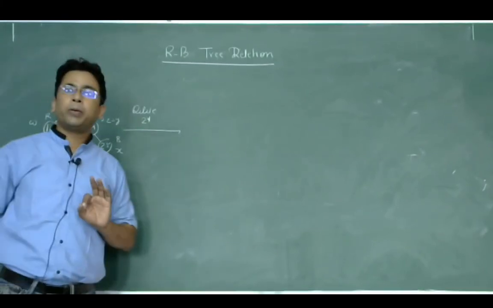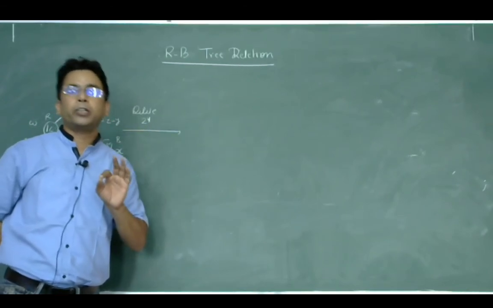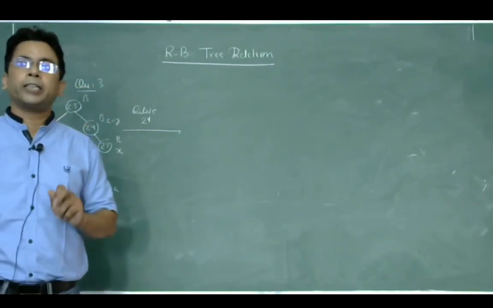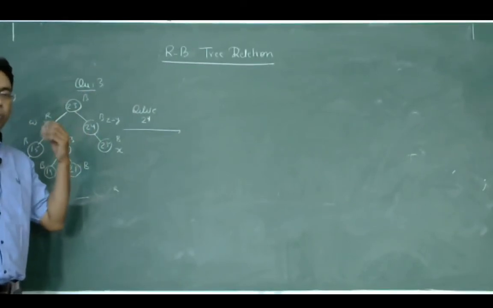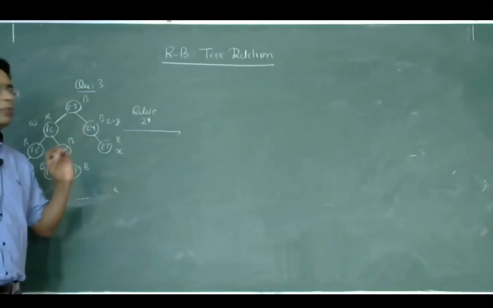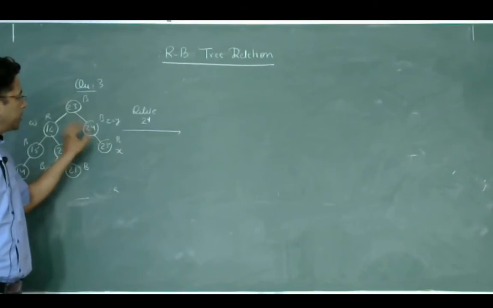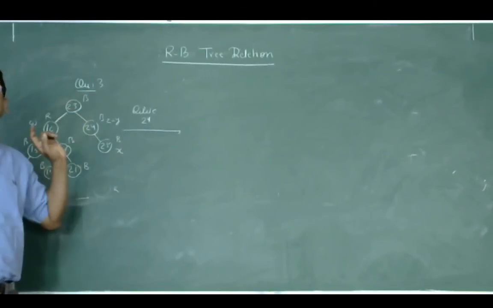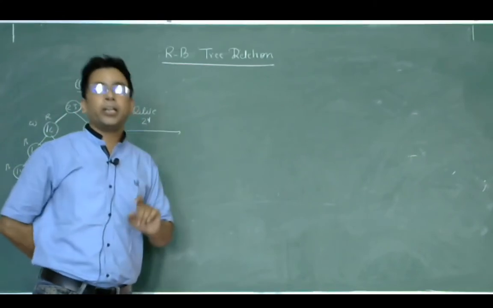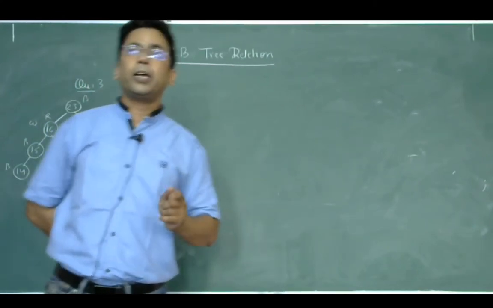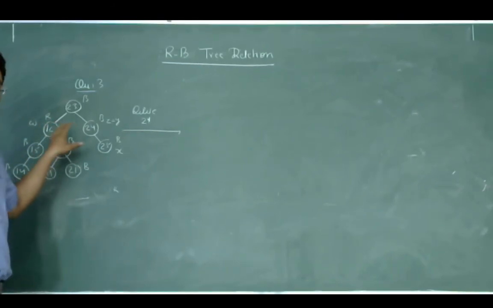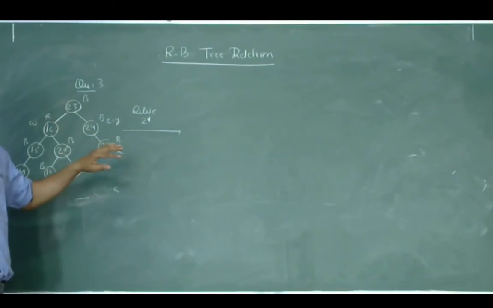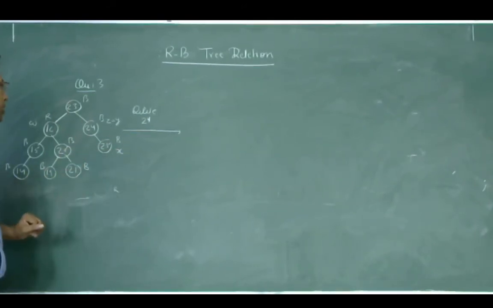This is the most simple example. If W is of red color, then case 1, and if W is black, then we shall go into case 2, 3, 4. Here the position of X relative to the parent is a right child. So we shall simply apply case 1, but all the terms will remain the same. Just in place of left we shall place right, and in place of right we shall place left.